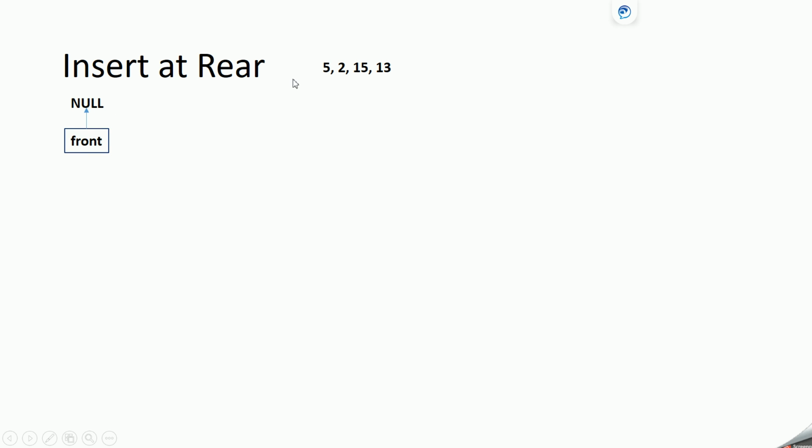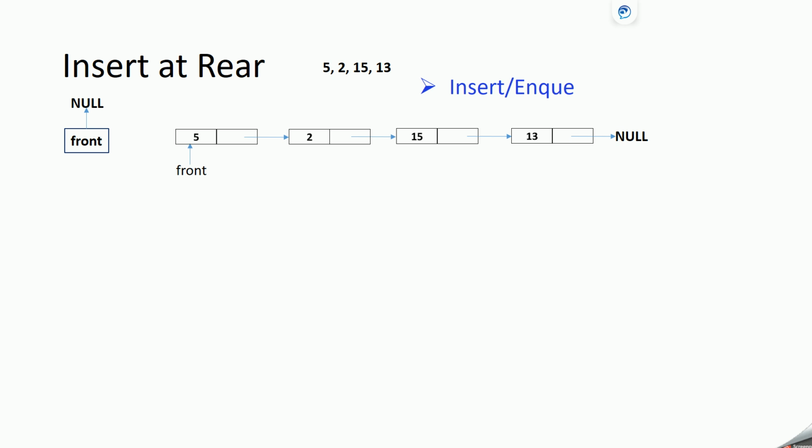We'll take 5 and add it. Next we'll take 2 and add it. So this 2 is added at the end. Similarly we'll add 15, then 13, and then 13 will be pointing to null, means it is not pointing to any other data. This operation in queue is called insert or enqueue, that is addition of the element.